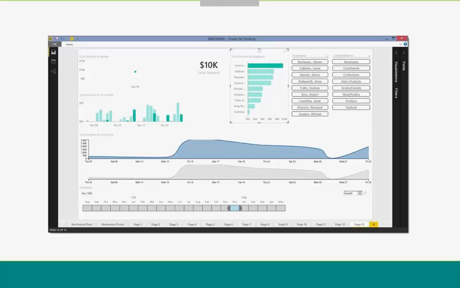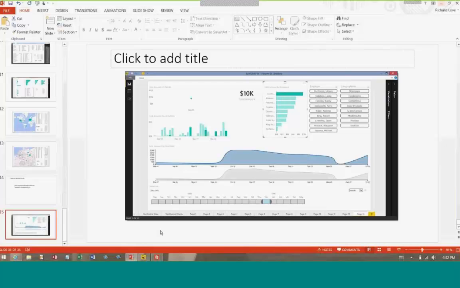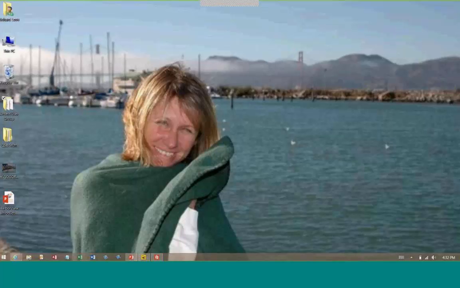So here, if you get that time dimension right, there's an example of some controls that you can see down at the bottom. I can see, do I want to look at my data by month, by year, by quarter? I click on that period, and as I drag and drop, everything updates dynamically. It's very cool. So why don't I go to some real data now and bring